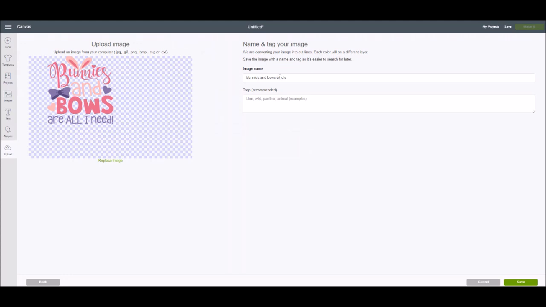There again, it's already got the name of the file on here, or you can rename it, whatever you want, but I'm going to add the SCB so I know it came from Craft Bundles. And then I'm going to do the same thing here where I go bunnies and bows, and I can do Easter, that kind of thing. And you can even put SVG on here if you want. So I'm going to hit Save,